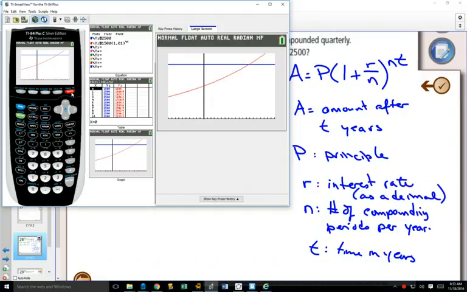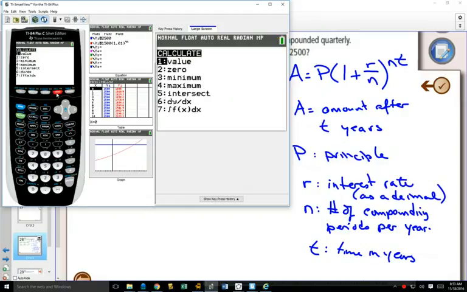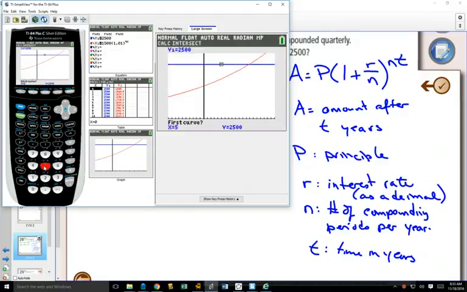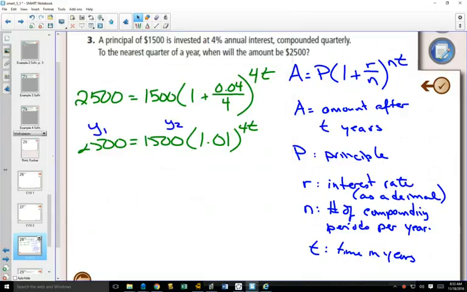So now to solve this equation, we can go second, calculate, intersect number 5, enter on the first curve, enter on the second curve, enter again, and it comes to 12.83. Oh, it was x in my equation there, but I'm using t here, so t is equal to 12.83